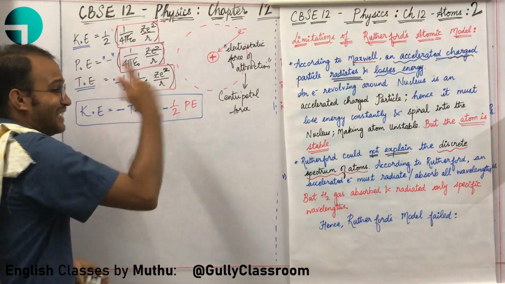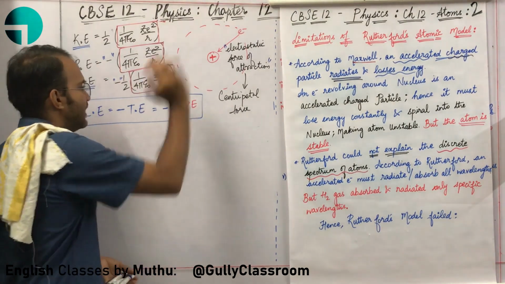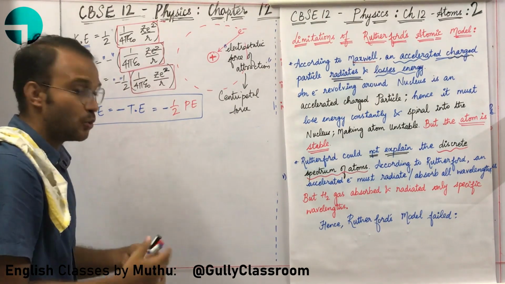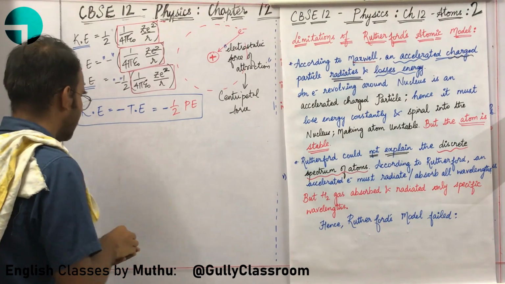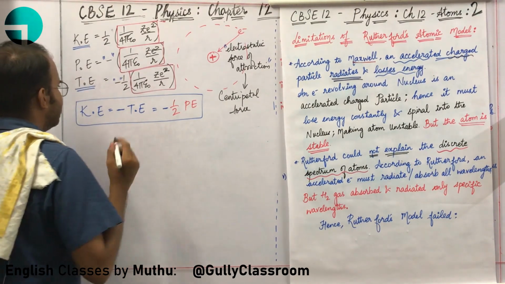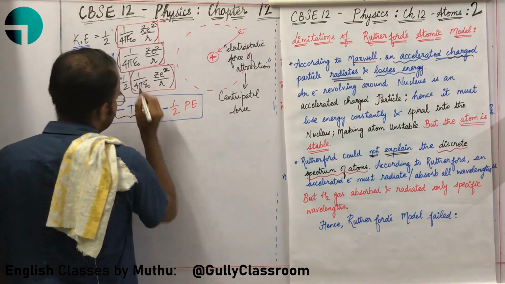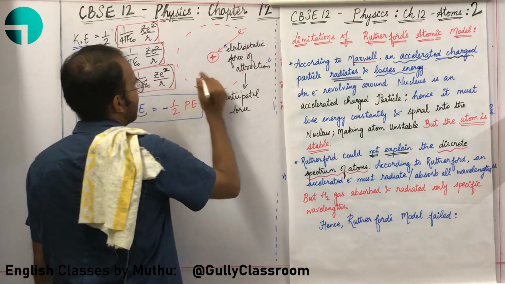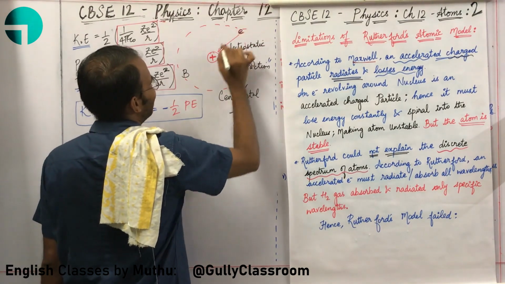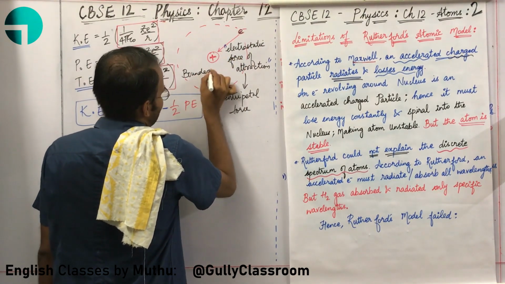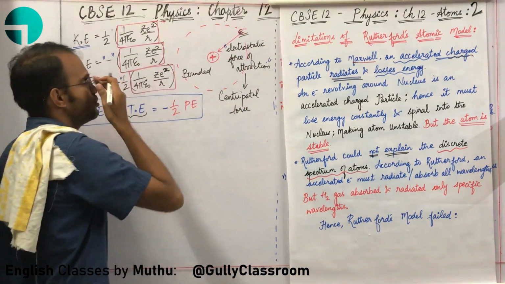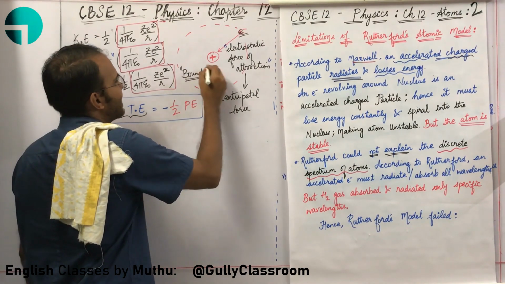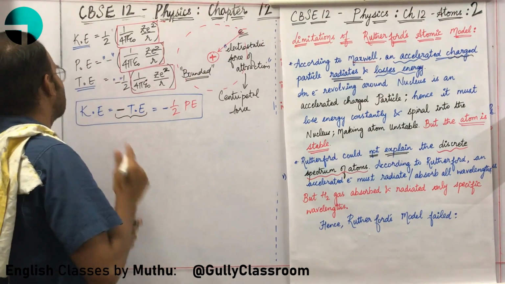So if I know the kinetic energy of the electron, immediately I can calculate the total energy and potential energy. Knowing one is enough to calculate any of them. Okay, sir. Let me ask you a question. Why is total energy negative here? Total energy negative means this electron is bounded to this nucleus. The electron simply cannot escape because it is under the force of attraction of the nucleus. This is the bounded condition.